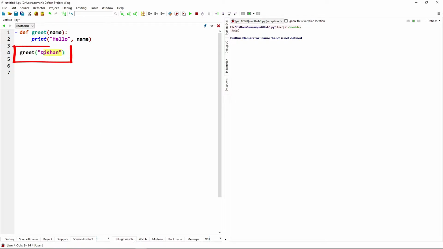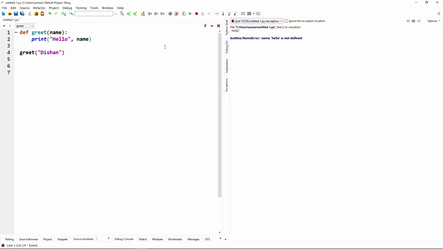That Dishan is the argument we are passing. Dishan is assigned to the name variable, and we print the name variable value along with the string hello.